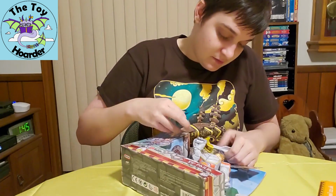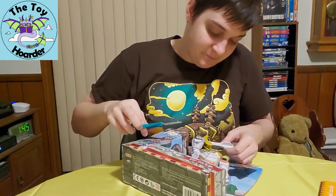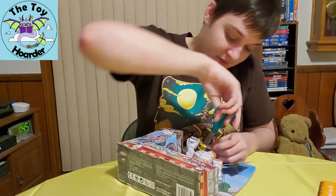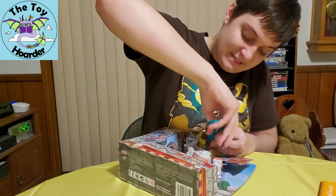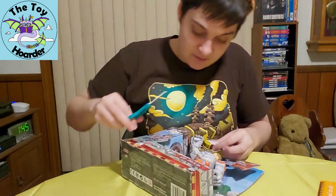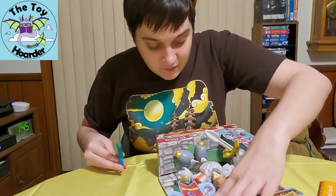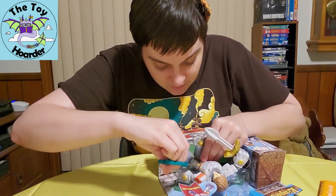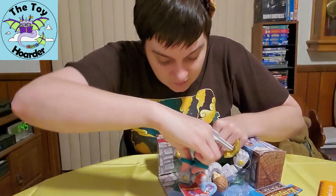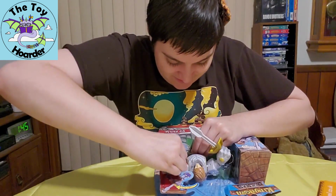And again, it's these stupid little, I want to say zip ties, but that's not really the word. It's like tag ties, the T tags, but they're clear, so they're really hard to find once you have started cutting them. And they go in all directions because they're super tight on here. And it's kind of a little nightmare. You have to be super careful not to accidentally scratch the toy while you're doing this,